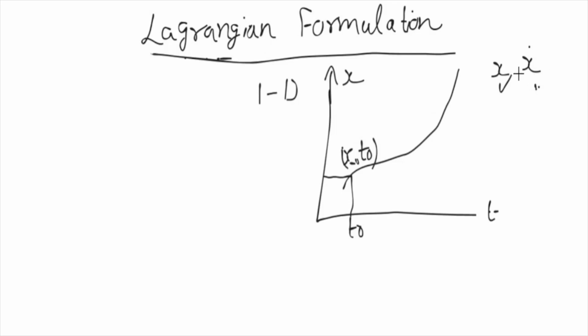The other version of classical mechanics is that you know the position x naught at time t naught, and you know the final position at x1 and t1. So what you want to know is the location of an object or a particle at two different times, and you are asked to fill in the trajectory in between. This time the initial velocity will be part of the solution.